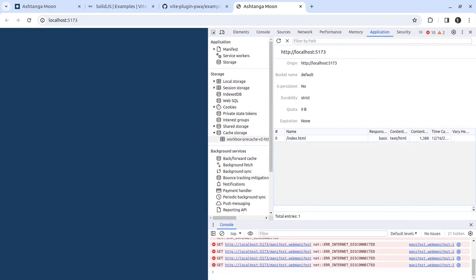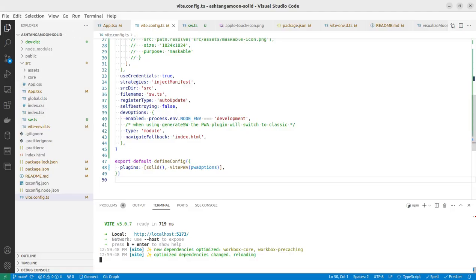In the cache storage, we have only the index HTML file cached. And it's wrong, because we also need to cache images, icons, and JavaScript even, so we can have a fully functioning web application. So, what's wrong here? The thing is that we need to build the application to have everything working. So I'm going to just go back to the console, disable the dev mode, and npm run build the app first,